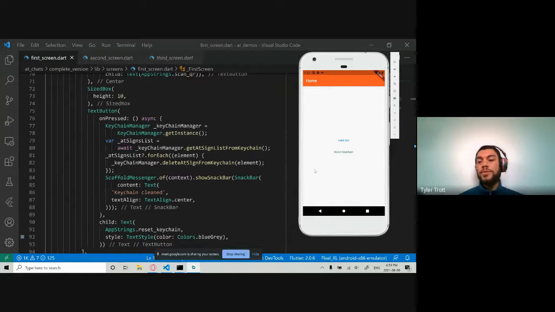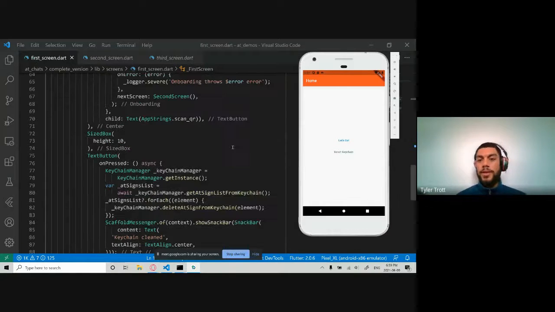And what this will do will allow you to actually authenticate with a new @sign that you just activated on @sign.com, for example. So if I don't want to use Rubber Kart Racing anymore, I could always press the button reset keychain, and I'll be able to go through the onboarding method that you saw Colin go through, where he scanned the QR code and whatnot. So we can move on.